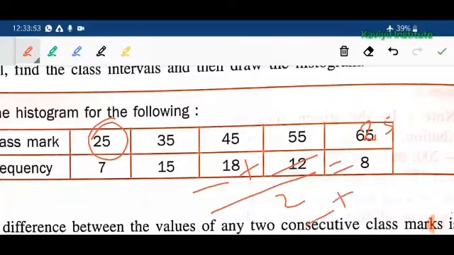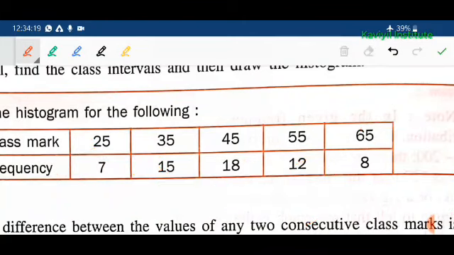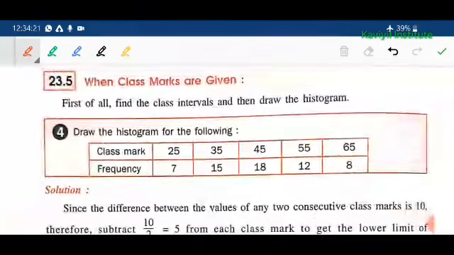50. This plus this is equal to 50, right? So now we understood one thing which is clear to us: 25 is the mid value, which means that 5 should be subtracted from here and 5 should be added to this midpoint. So 20 plus 30, we get 50, which is exactly equal here. Clear about this? We will not go in depth.